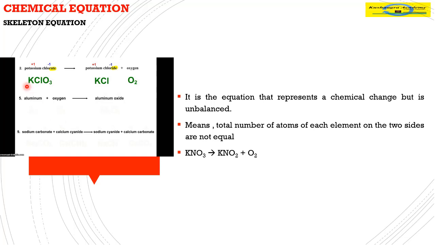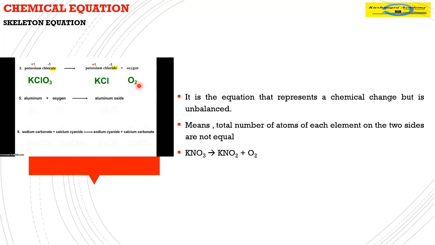Here we have taken one example of potassium chlorate, and when it is heated it gives potassium chloride and oxygen. So here the number of potassium is 1, and in the product side the number of potassium is also 1. In the reactant side the number of chlorine is 1 and here also 1, but here the number of oxygen atoms is 3 and here the number of oxygen atoms is 2. That means it represents a chemical change, but this reaction is unbalanced, and unbalanced means